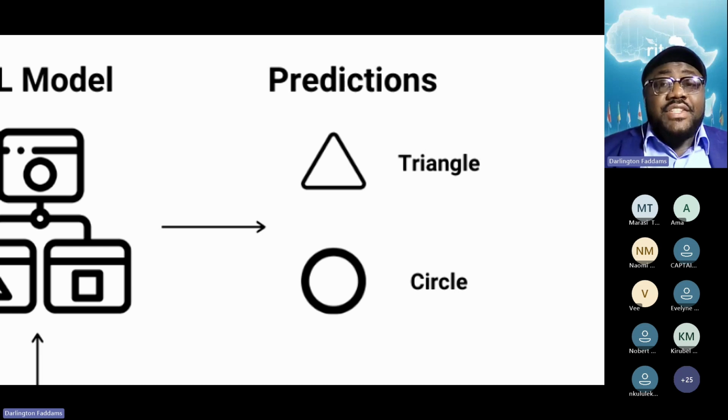Just like in an examination, you are tested after your training. During training, you are given the answers. But when it's time for you to produce answers during the examination, you are not given the answers.